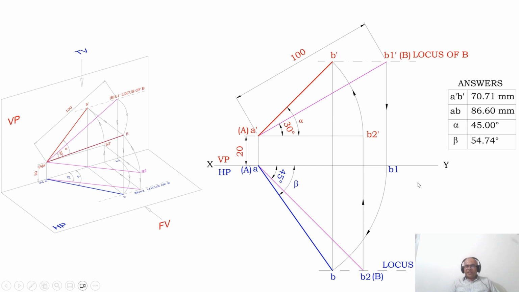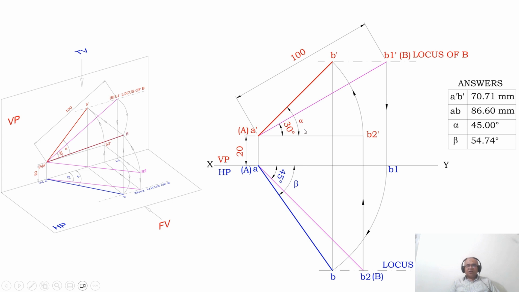I don't know what this distance is, but I know this point and we have the locus. I know that the front view point B dash should lie on this locus. So with A dash as center, taking the radius of A dash B2 dash, by using the compass, you draw an arc such that it cuts the locus of B in the front view. You mark that point as B dash,